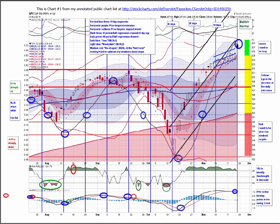Williams percent R has been overbought now for almost 25 days. Percent price oscillator has closed its jaws, suggesting that this run is done. And so now we will question whether this is the next leg up, or whether this was some kind of shooting star doji at the top,